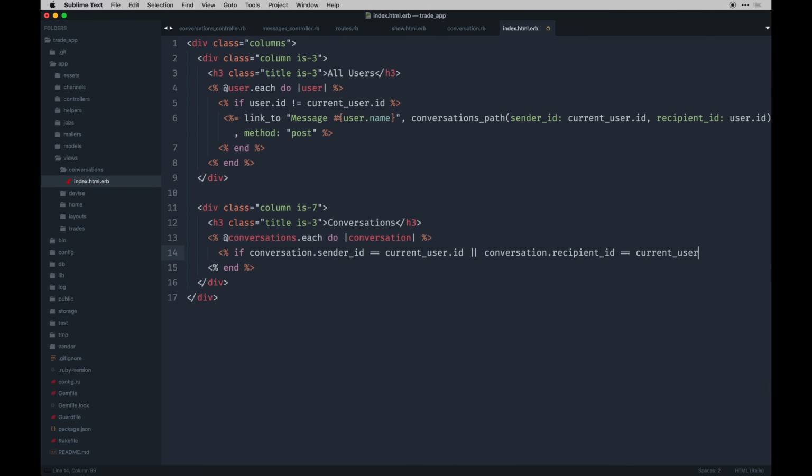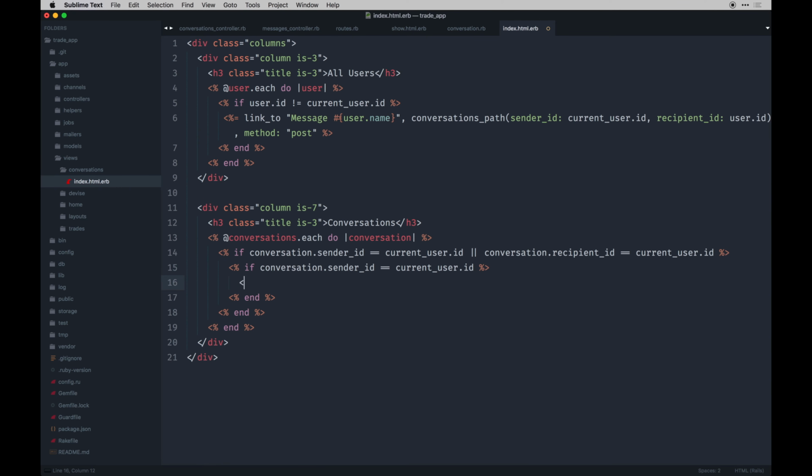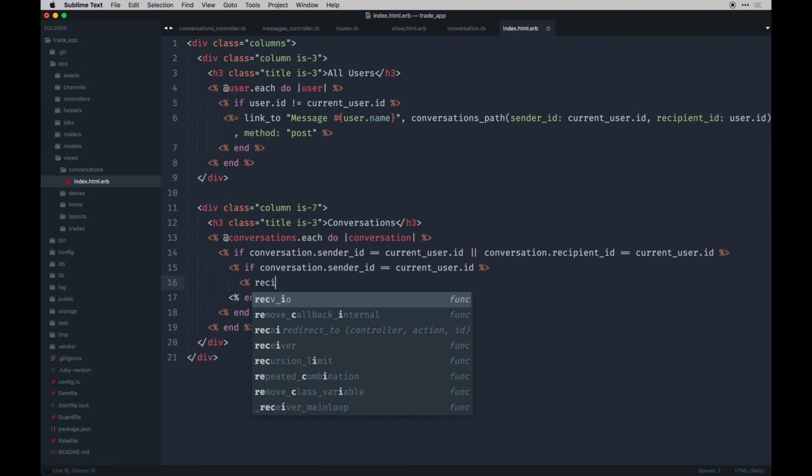So if you are involved in this conversation, that's what this is doing, then do something. So then if we can call a specific person, so if conversation dot sender ID is equal to current user ID, we want to set a variable within the code to be,